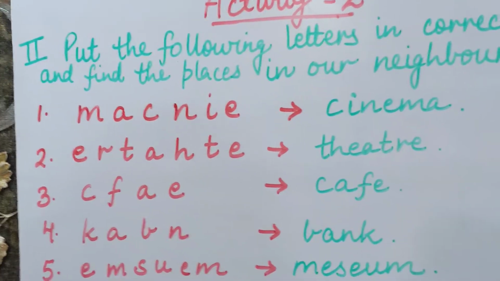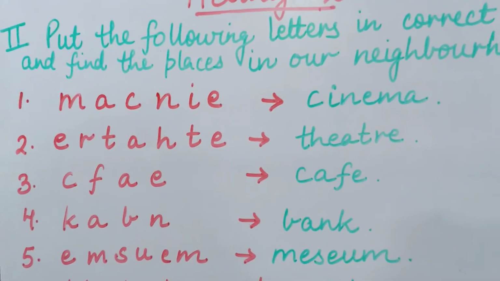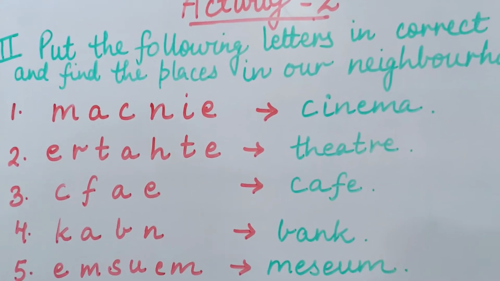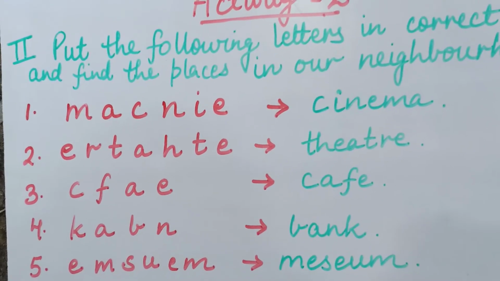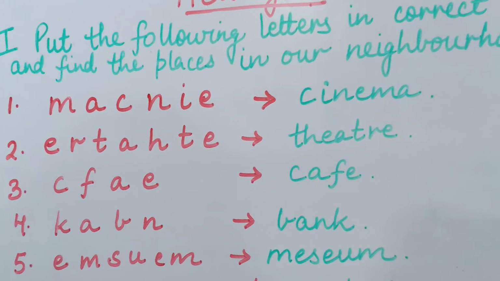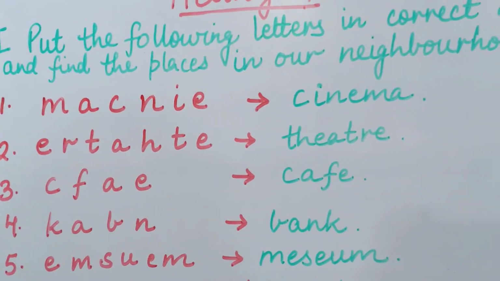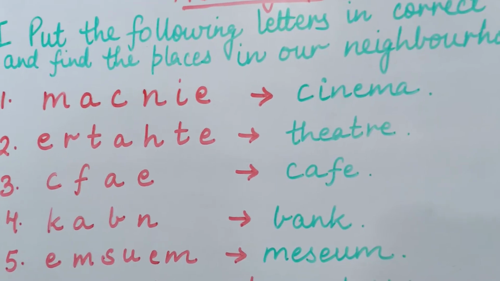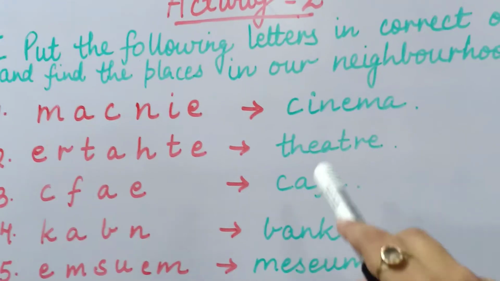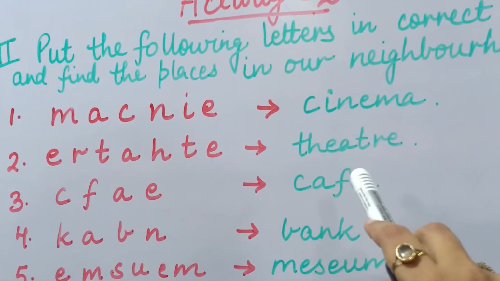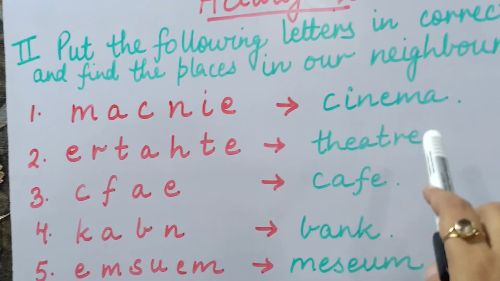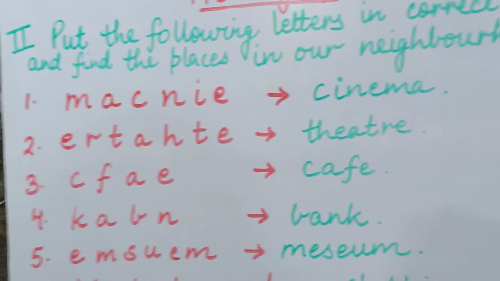ERTAHTE. So in your neighborhood what do you find? Where some kind of organizations are done, some plays are organized there. So these are all theaters. Okay, so THEATRE, theater. Okay, now the third is